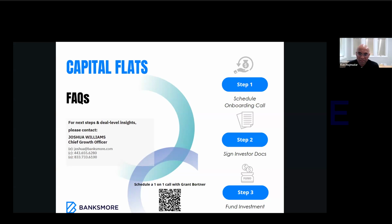So the benefits of a project like this are a couple of things. One of the main ones is depreciation, which is sort of an expense, but it's not really economically true, and it really benefits from a tax perspective. On a project like Capital Flats, we would do what's called a cost segregation study. That would allow us to take the budget of 11 some million. If we didn't do a study like that, we would depreciate that 11 odd million value